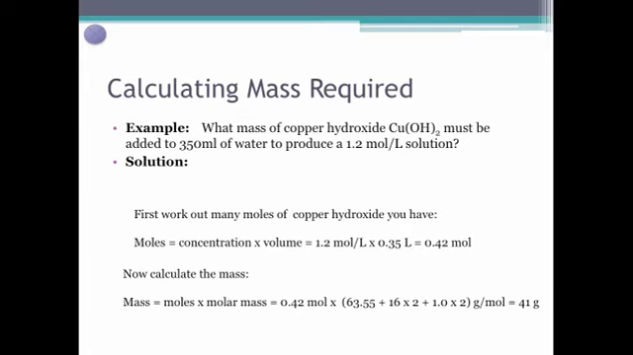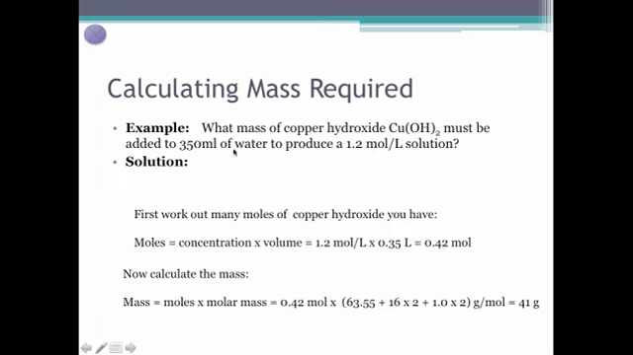Okay, now there's another way of doing this. It's kind of around in reverse a little bit. You ask yourself the question, what mass of copper hydroxide must be added to 350 mils of water to produce a 1.2 mole per litre solution? Alright, so to do this one,